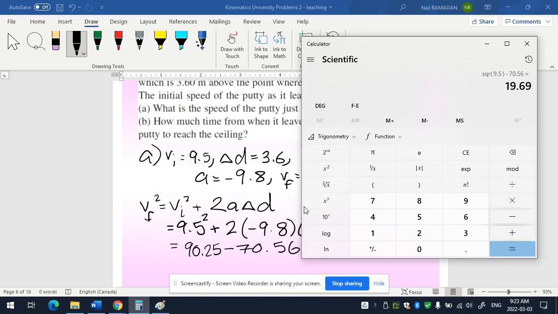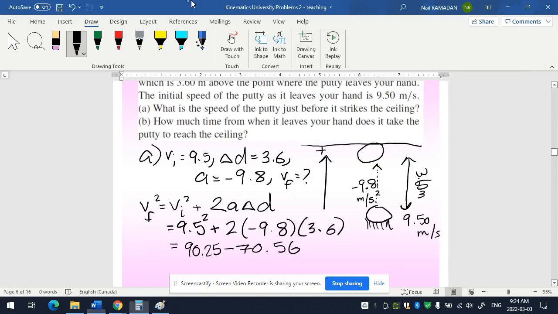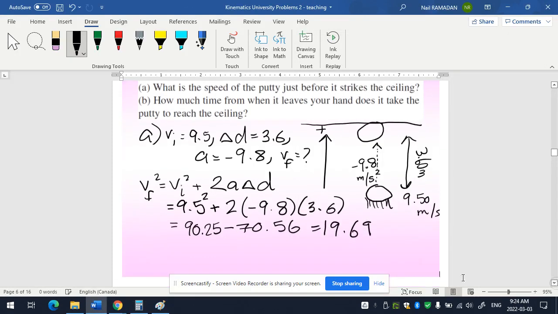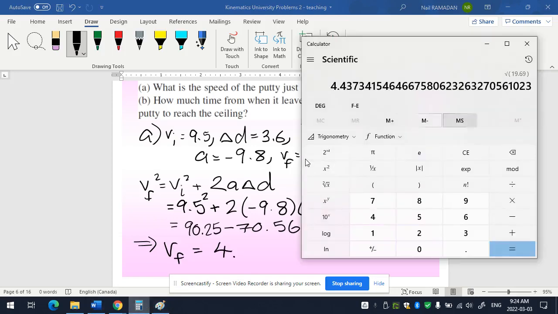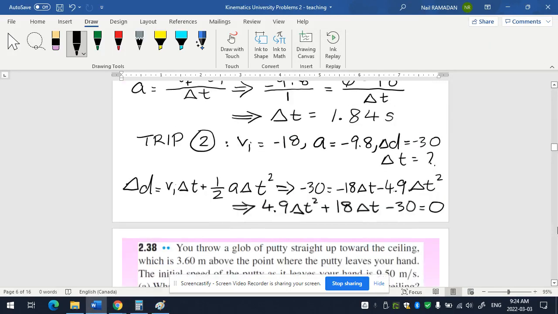Does that answer make sense? Sorry, is that the final answer, I mean? First of all, no way, because we haven't square rooted. Also, what did we say our final speed has to be? More or less than 9.5? That number is still bigger than 9.5. It needs to be square rooted. So 19.69, square root this guy. Obviously, you're going to get 4 point something because it's less than 25. 4.437. Cut it right here. It will be 4.4. Yep, 4.4